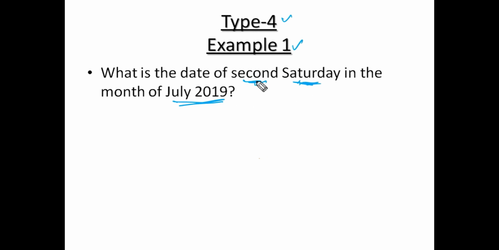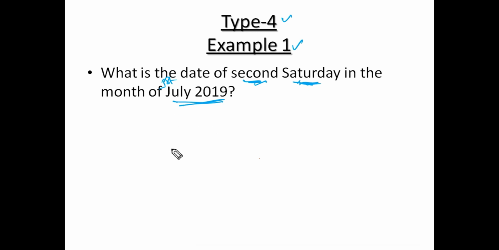So how to get the second Saturday directly? No, sir, we cannot get the second Saturday directly. So how to solve this question? What is the approach? It is better to find the 1st July. What is the day of 1st July 2019? And based on that day, we can get the answer. Not only this answer, we can give the complete calendar for 2019. Not only 2019, we can get the calendar for the complete century, for any time.